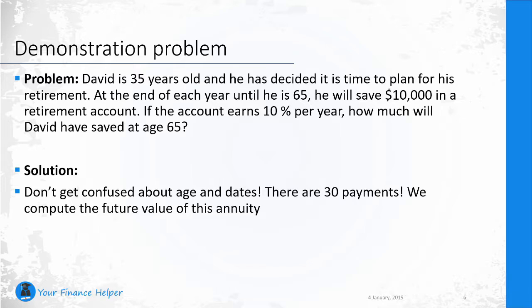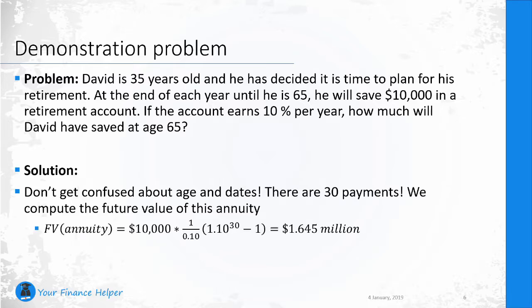You cannot just subtract the ages from each other. That will give you 29 payments. So the way we calculate this is we take the $10,000, multiply it by 1 divided by 0.10. We multiply it by our interest rate factor, 1.10 to the power of 30, and then we subtract 1. This gives us